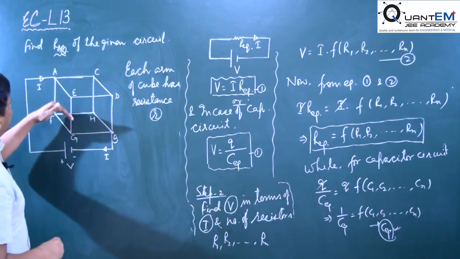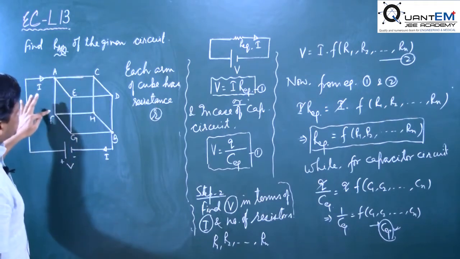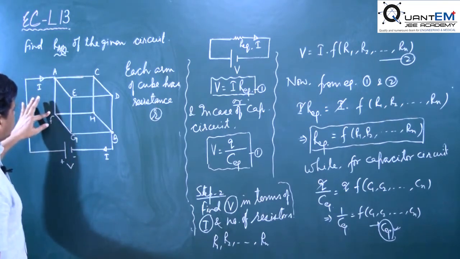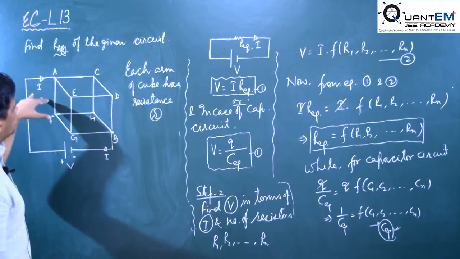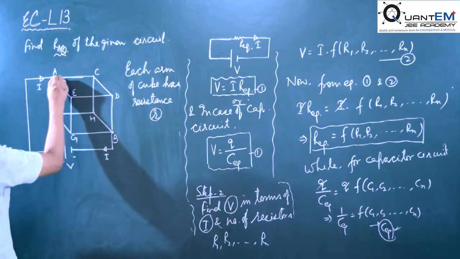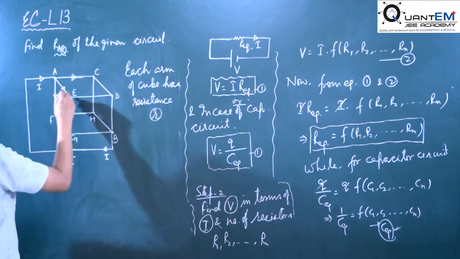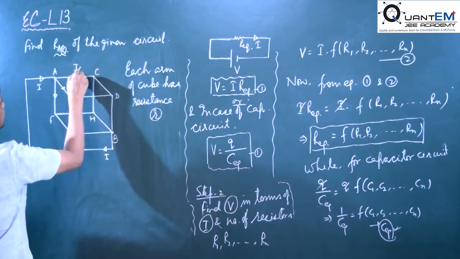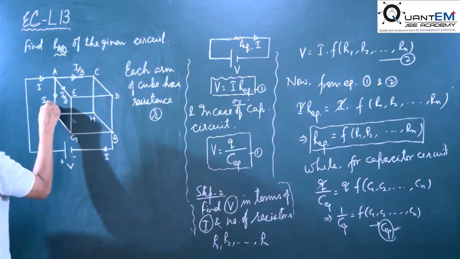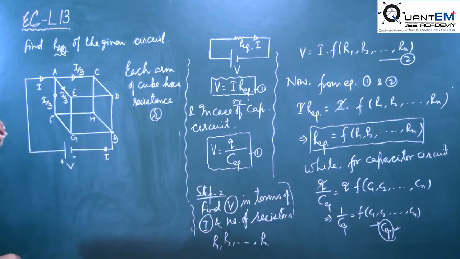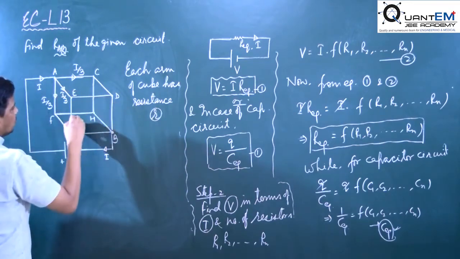Now these resistors are equal and this one is a junction point. That's why these arms are connected in parallel, and also resistances are equal. That's why these are equipotential. The equal amount of current will be flowing through these 3 resistors. This current is divided into 3 parts. Since resistances are equal, currents are also equal. So here current is I by 3, here current will be I by 3, and here also I by 3. Now see, this I by 3 current is again equally divided into 2 resistors.